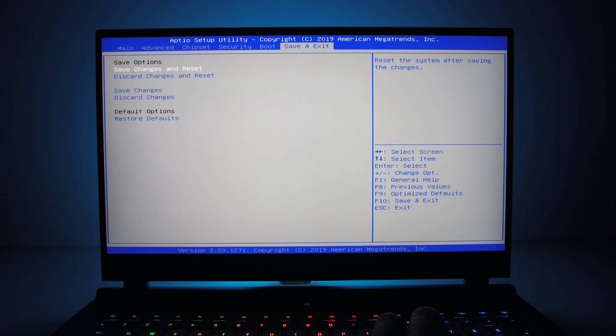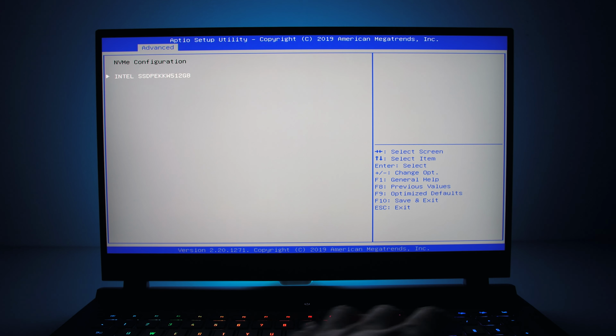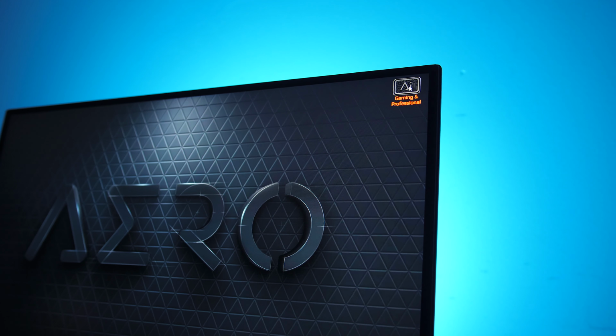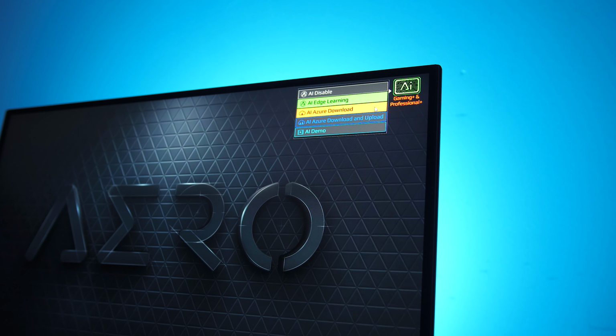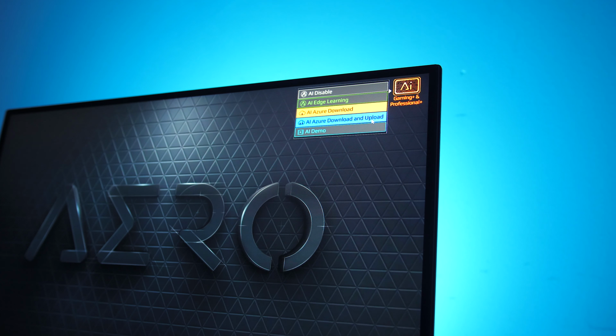I'll also note that the BIOS was pretty locked down. There were no options to undervolt or even otherwise adjust CPU clock speed for overclocking, so that'll all need to be done through software. Gigabyte also have their AI software which automatically controls the power limits that I've manually tested here. The idea is that you just enable the AI and over time it learns what you do with the machine